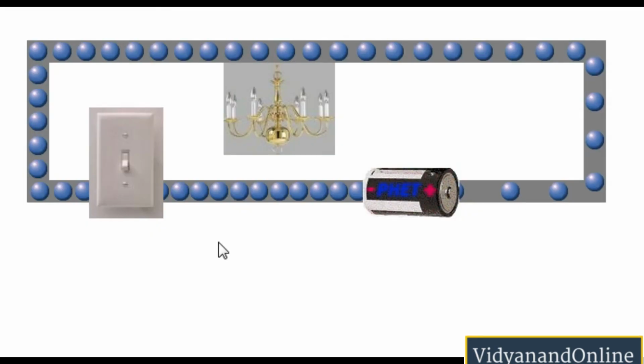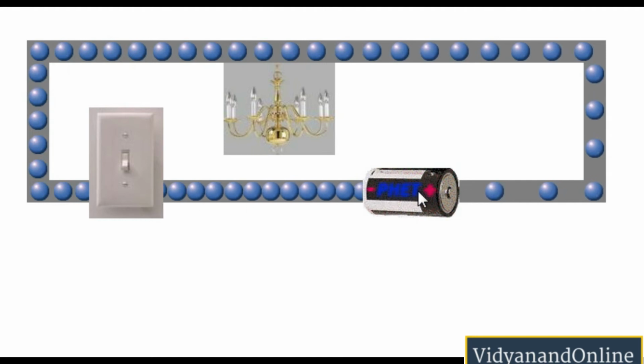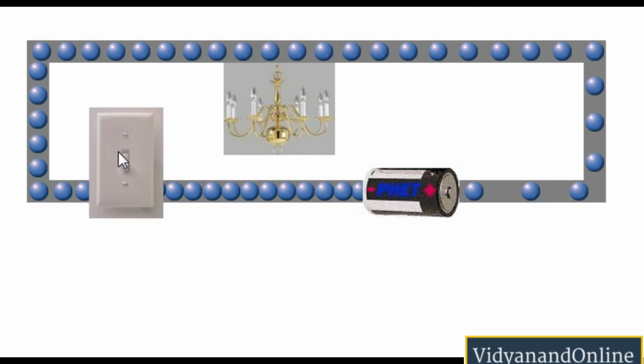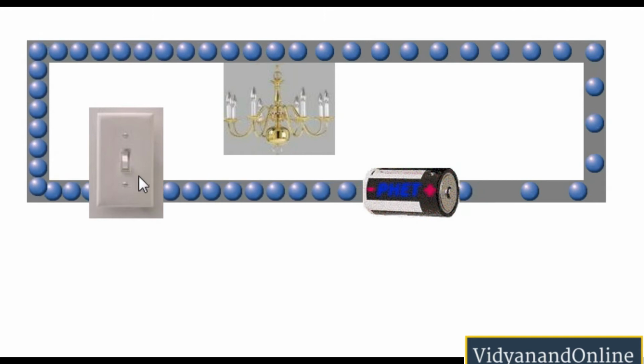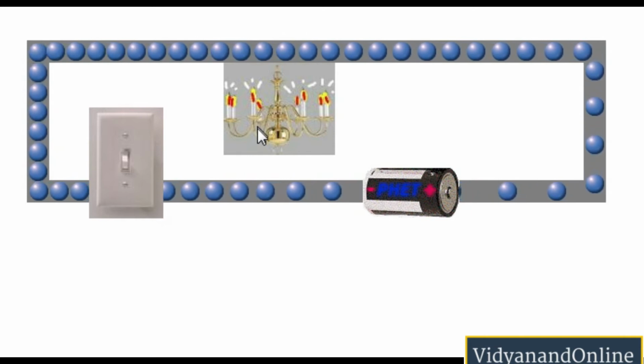So here if you see, we have this internal structure of the circuit. So you have this wire here, and in this wire you have electrons which are blue in color. Then we have a source of battery having negative and positive terminal. Then we have the switch. So right now the switch is off. So you can see here, since the switch is off, the circuit gets open and the chandelier doesn't glow. However, if we switch on the circuit, then we see that the electrons are drifting from their position and the chandelier glows. So what do you think has happened?